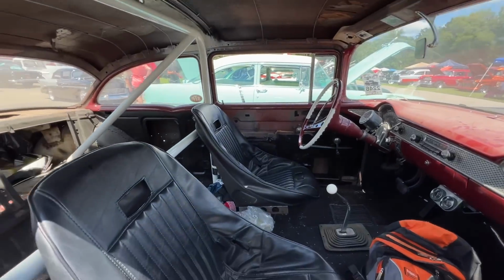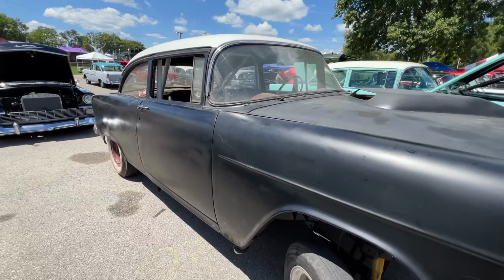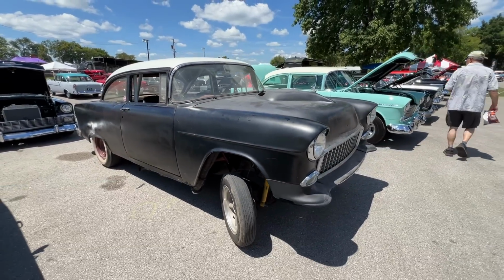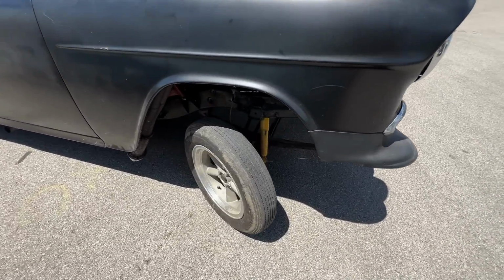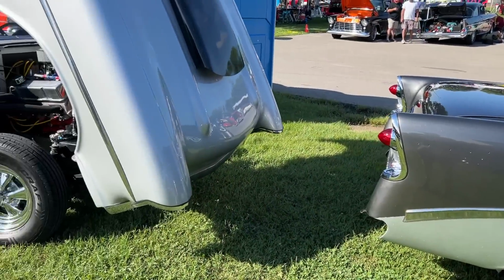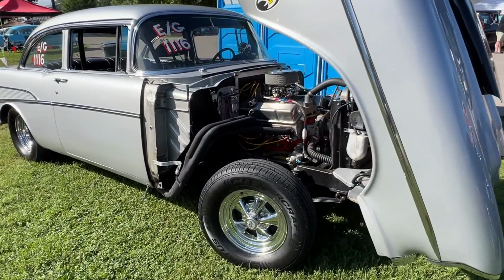Like inside of here, it's got a roll cage, the low back buckets, 4-speed sticking up out of the floor, and then you can see it's got a straight axle under the front, some skinny front tires, and an old school teardrop scoop on the hood. Here's another cool gasser with some history, this time a 57 two-door post, and you can see flip front end,